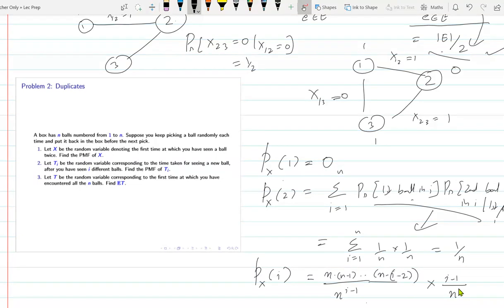So in the first I minus 1 positions, the total number of possibilities is n raised to I minus 1. How many of those possibilities have everything distinct? This many possibilities. And then in the ith position, there's a repetition happening from the first I minus 1, so I minus 1 by n. I didn't do anything complicated. So this is the answer. Please work out the other things also. Once you understand this, this is a very interesting problem.